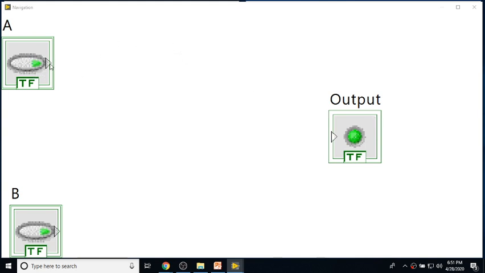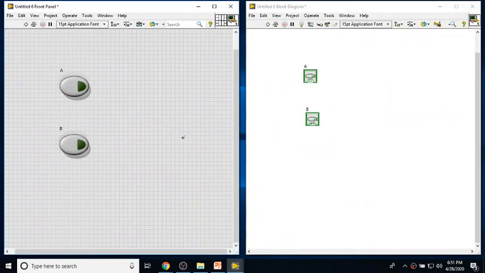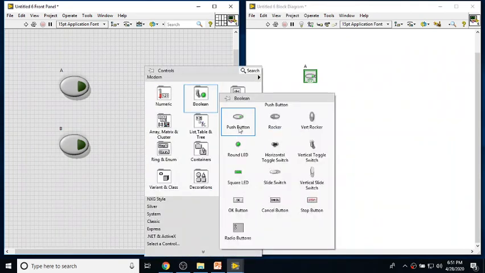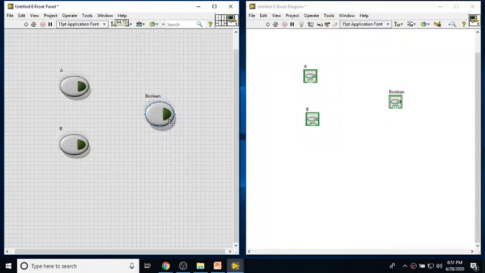The direction of the flow of data tells you whether it is an input or output, right? So A and B have a terminal facing outward, and you can see that the output has its terminal facing inward, right? Now I'll close this window. Let me say you want to use the same kind of push button. I was using a push button for your input, right? I drag and drop a push button like this, and I'm going to name it output,